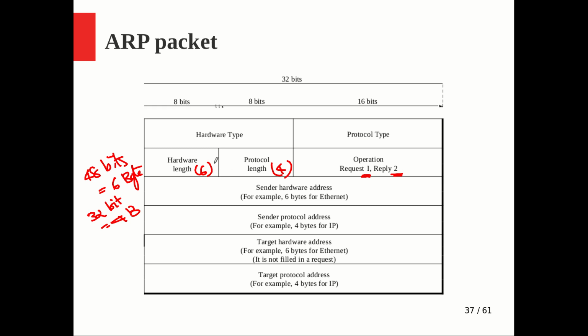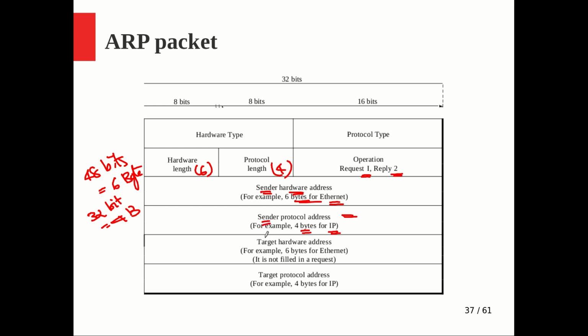So like that, these fields are filled. Now the sender hardware address, the actual hardware address, that is the Ethernet address or MAC address, or simply the physical address of that particular network, will be stored here, which is a 6-byte or 48-bit address in case of Ethernet. Similarly, the protocol address: the network layer protocol, if it is IP version 4, a 4-byte or 32-bit address will be stored here. So that is about the sender: the sender's hardware address and sender's protocol address.